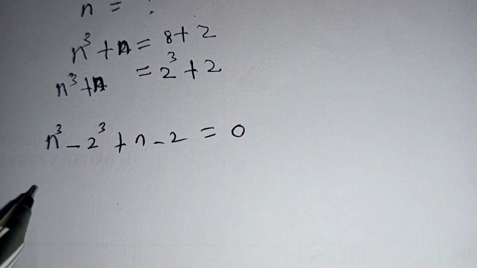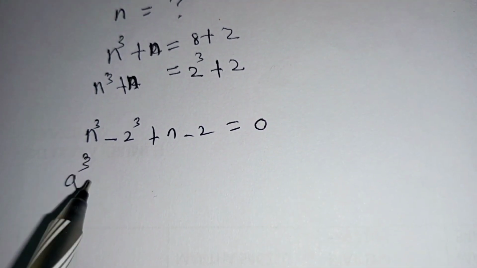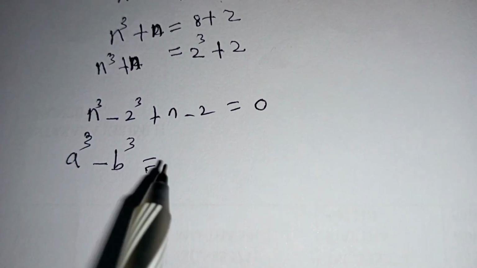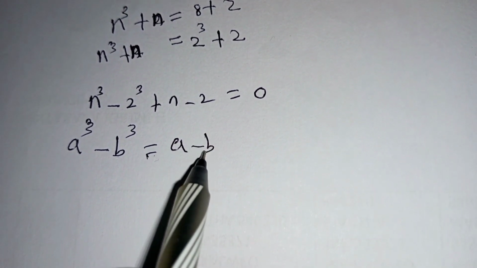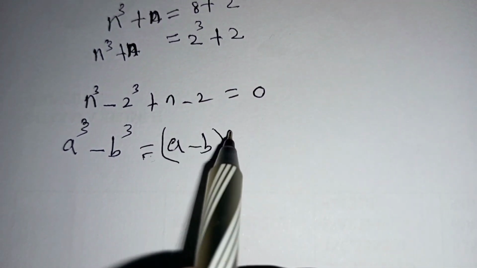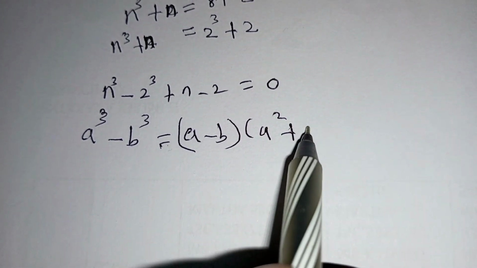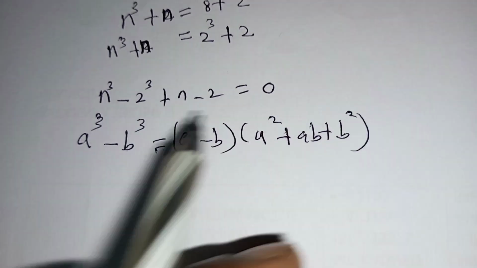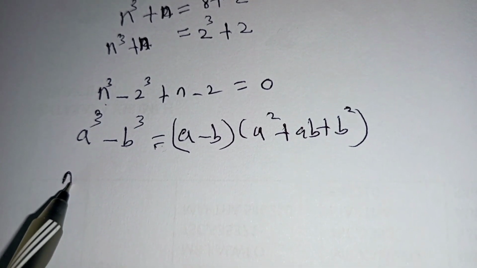Then we make use of this identity. If you have a cubed minus b cubed, then the difference of two cubes expands as a minus b multiplied by a squared plus ab plus b squared. So in our case, a is n, so we shall have n minus 2,